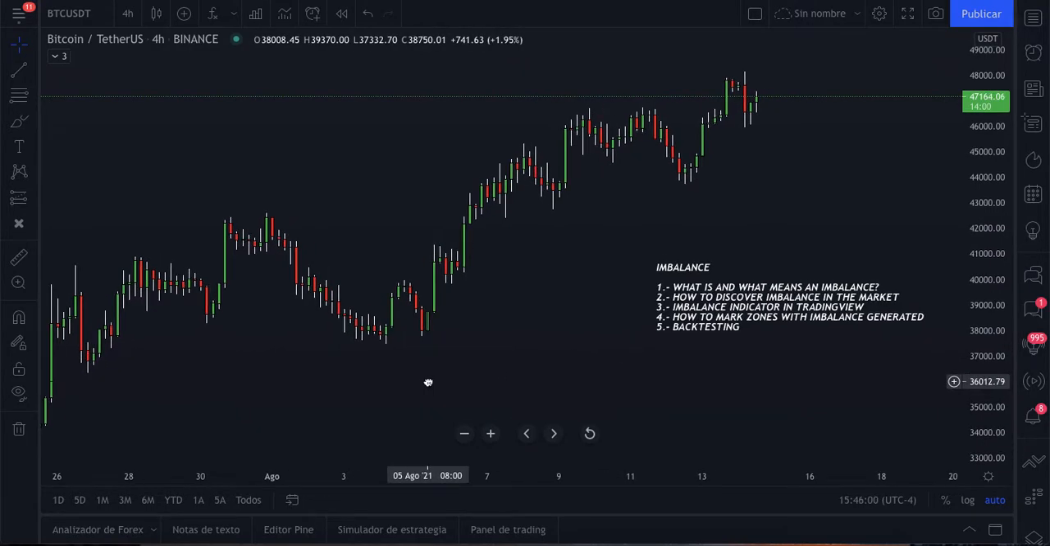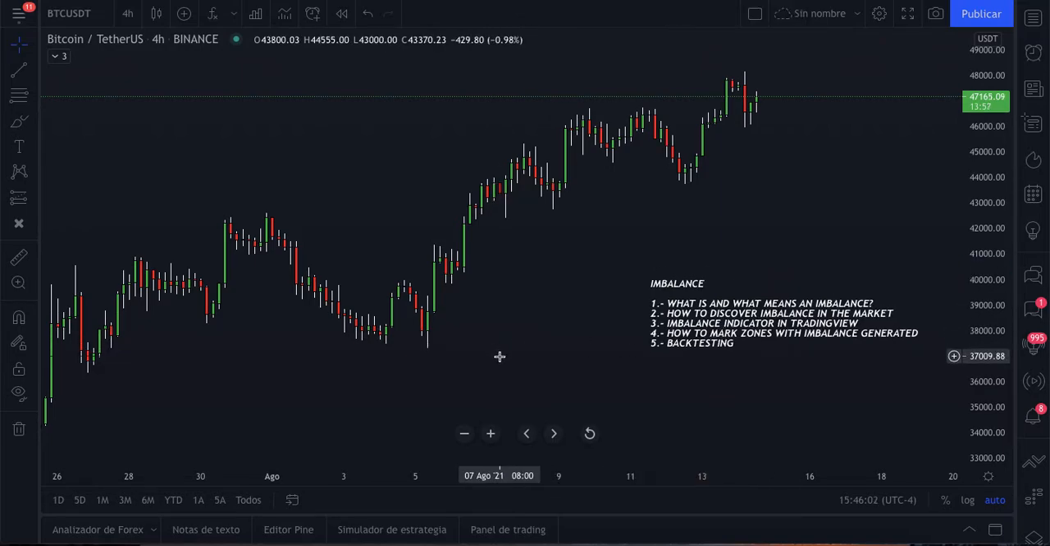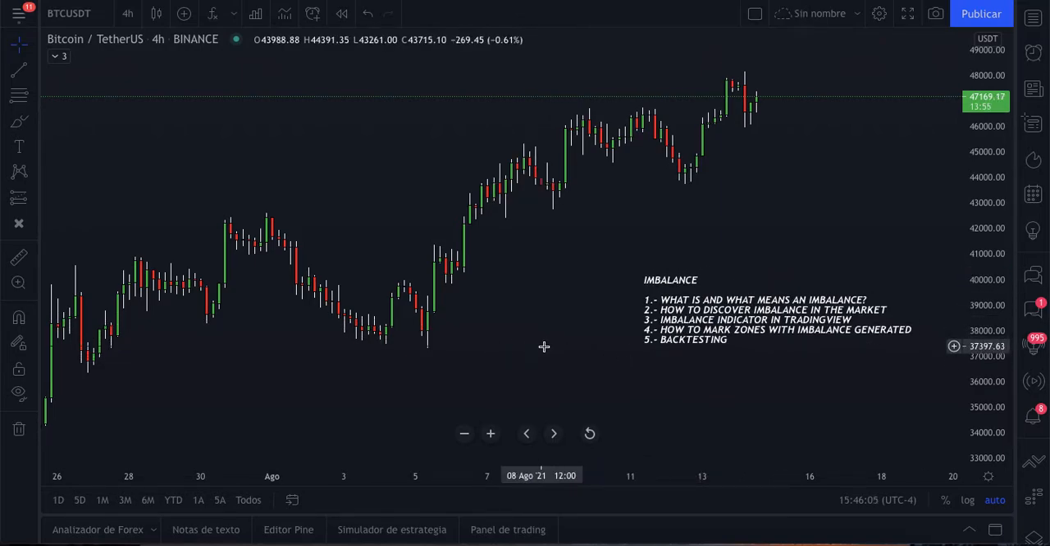Okay, so what is an imbalance? A lot of new students, new people who joined my Discord channel, they ask me a lot about imbalance. So basically, we have the market. Okay, this is the market, right? This is a candlestick chart, and usually we have a lot. You know that we have buyers and sellers all the time, every second, every minute, every hour, every day. And there's a lot of people who are keen to buy